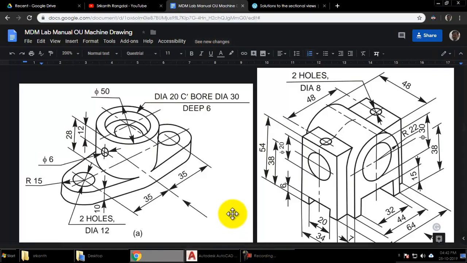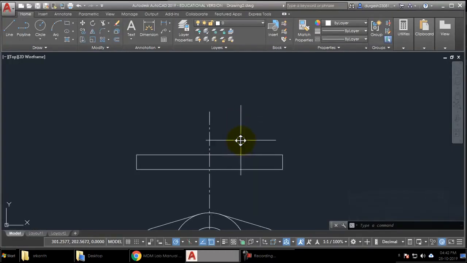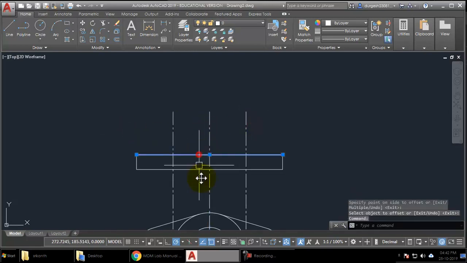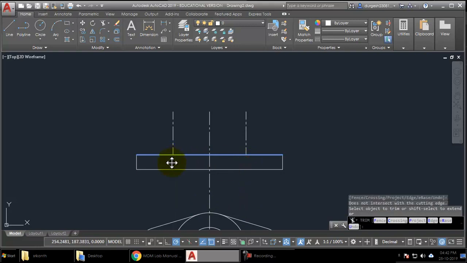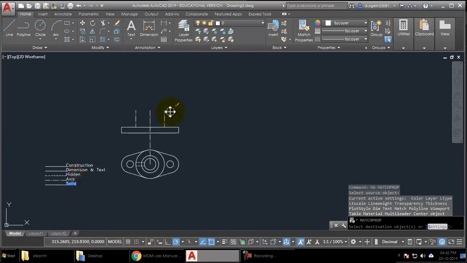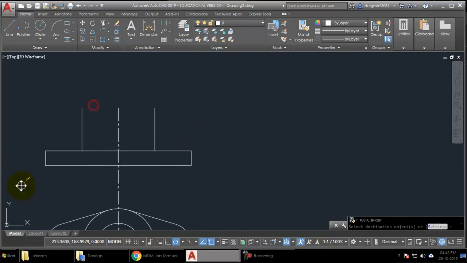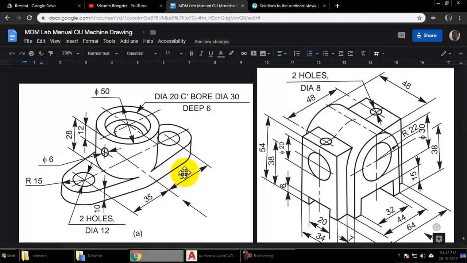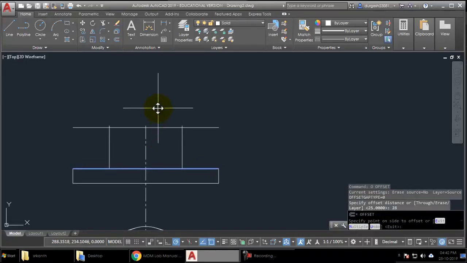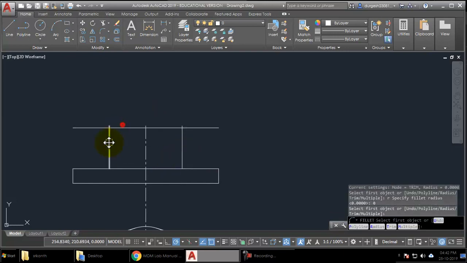And for this, we can take offset again. The diameter is 50, so offset 25 on both sides. Up to this line, you have to trim off these lines, and of course you have to make them as solids. So match properties solid, we can make all these as solids. Fine. And then yeah, what is the height of this? Total height here, you can see from the base here, it is 28. So from this line, offset 28 on the upper side. Fine. Then what you can do is, you can just trim this off.